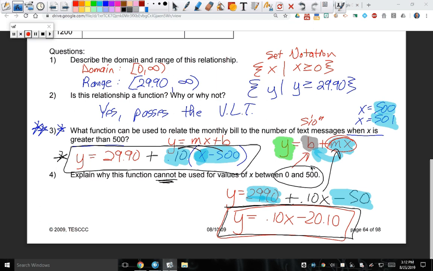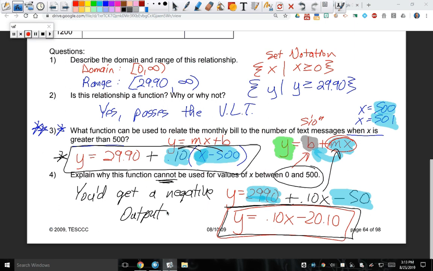Because if I put something between 0 and 500, you're going to get a negative answer. That doesn't make sense. Like, the phone company is not going to owe you money right off the bat. Okay? Please understand the way this is worded and what you're looking for. So you'd get a negative output,